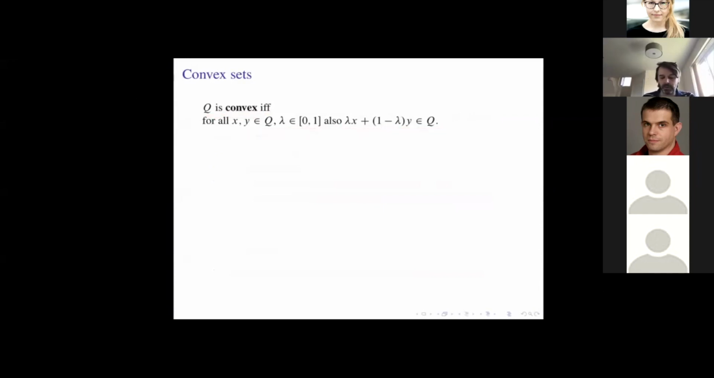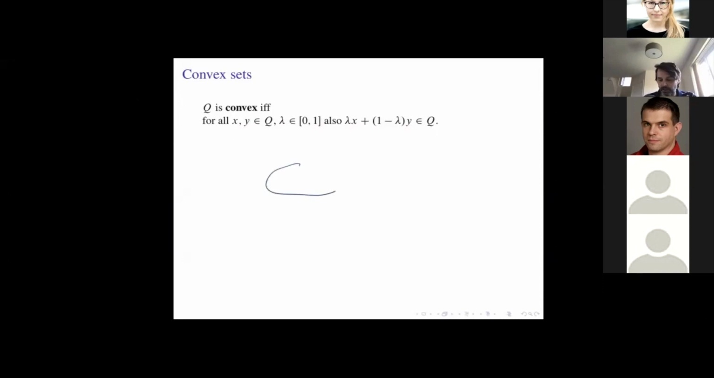Then Q is convex. So the condition I'm stating here is for any 2 points in Q and any scalar lambda in the 0, 1 interval, if you take a convex combination of x and y, lambda x plus 1 minus lambda y, this needs to lie again in your set Q. So you can, if you like,